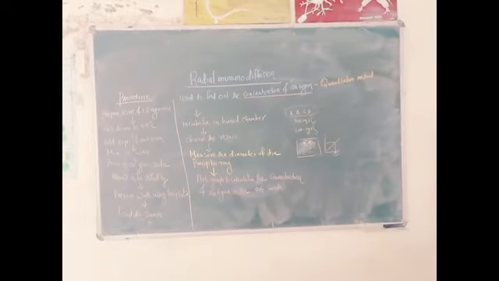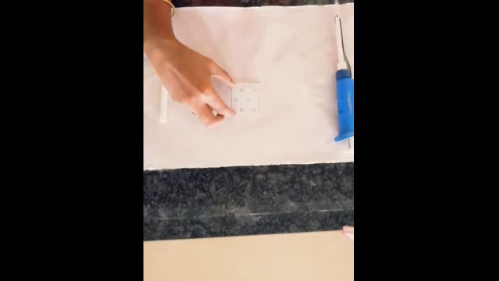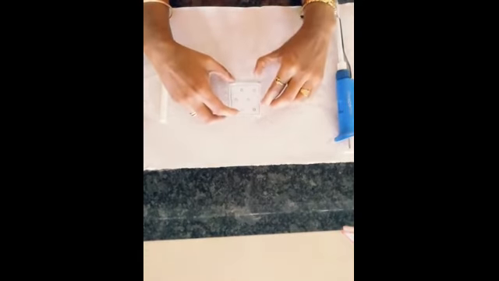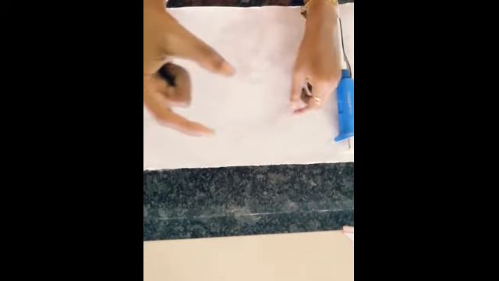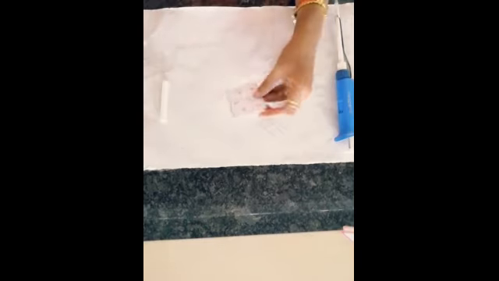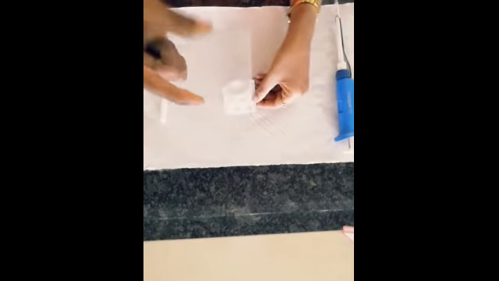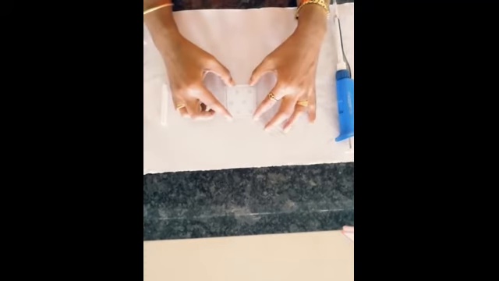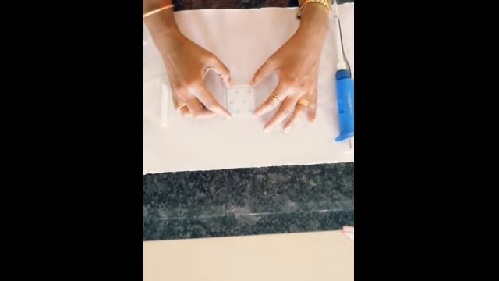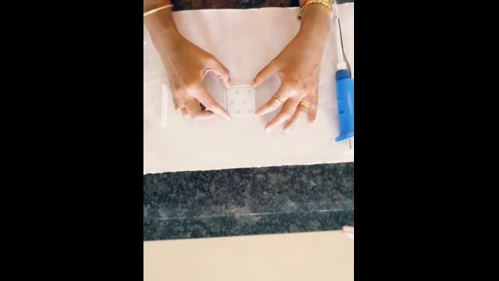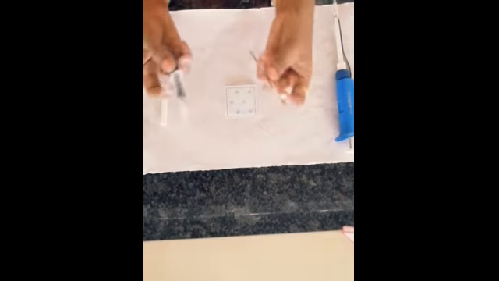I will show you how to do the experiment now. So this is the 1% agarose which is prepared in the buffer. Okay, can you all see? And this one is the template. Once the agar is solidified on the glass slide, you have to keep the glass slide on the template which is given in the HiMedia kit. Fine. So keep it properly, and after that you need to use the gel puncture.